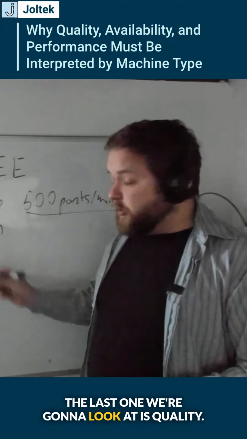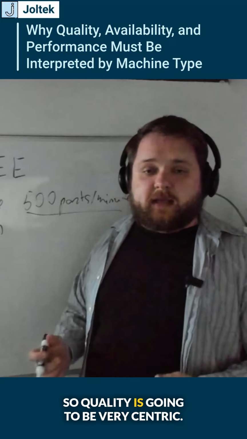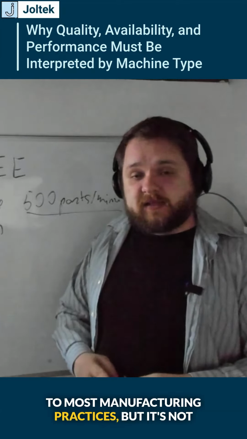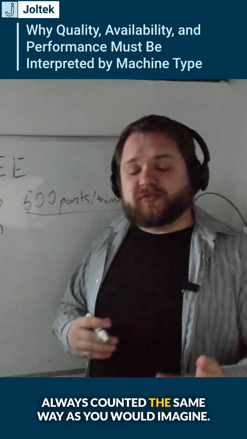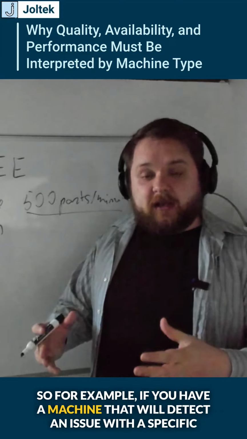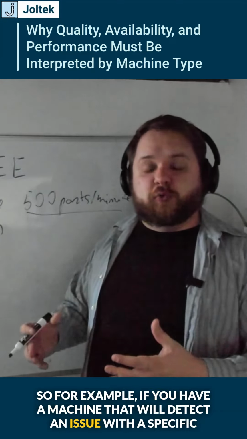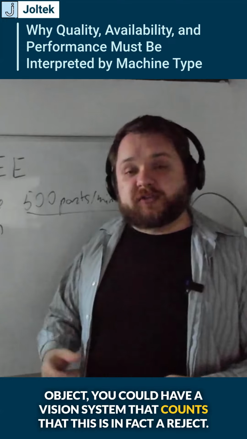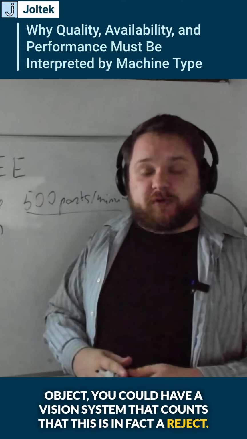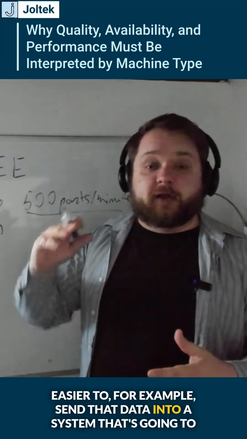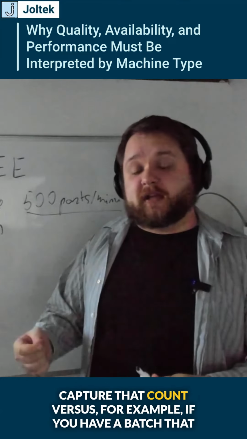The last one we're going to look at is quality. Quality is going to be very centric to most manufacturing practices, but it's not always counted the same way as you would imagine. For example, if you have a machine that will detect an issue with a specific object, you could have a vision system that counts that this is in fact a reject. Therefore, it's a lot easier to send that data into a system that's going to capture that count,